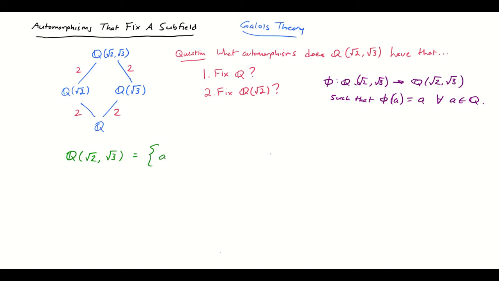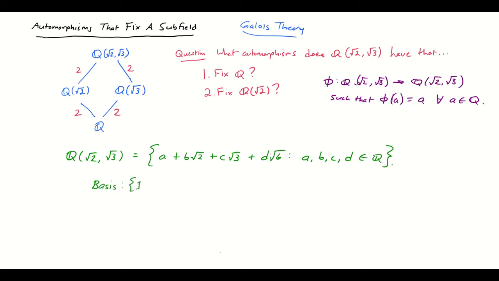It's the set of all a plus b root 2 plus c root 3 plus, and then what's the other basis element? Well, if we have root 2 and root 3, then we also have to have root 2 times root 3, which is root 6. So plus d root 6, such that a, b, c, and d are all rational. Okay, so that is a picture of what all elements of our field extension look like. A basis would be 1, root 2, root 3, root 6. And in fact, I'm going to go ahead and jot that down,